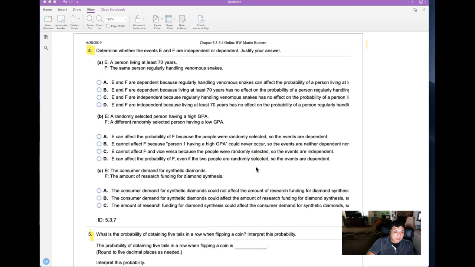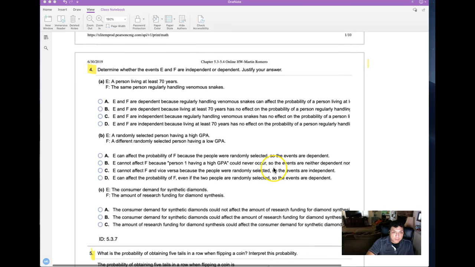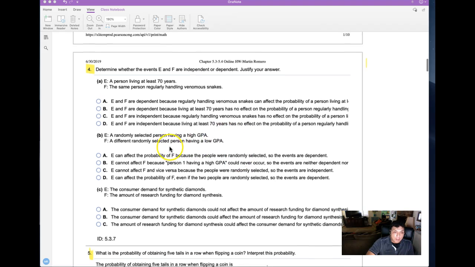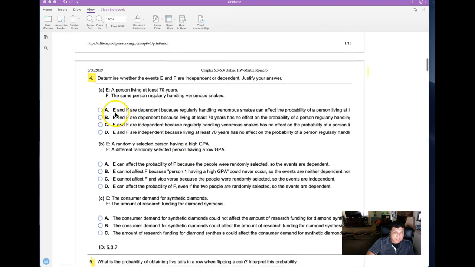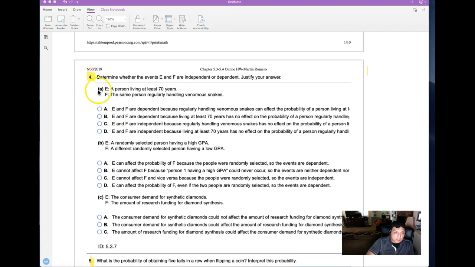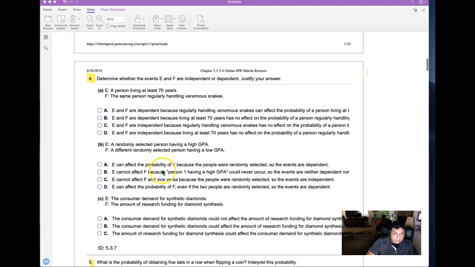Let's look at chapter 5.3.7, and we now move to this idea of the multiplication rule and looking at events when they're independent or dependent, which affects the outcomes of probability. So this first question, looking at the online homework problem number 4, there are 3 questions here we can talk through real quick. We're first trying to decide if these 2 events are independent or dependent, and so we